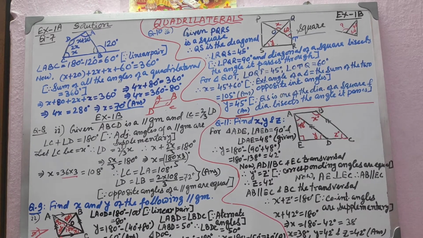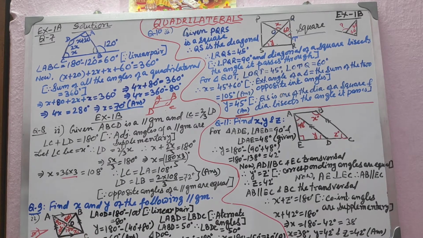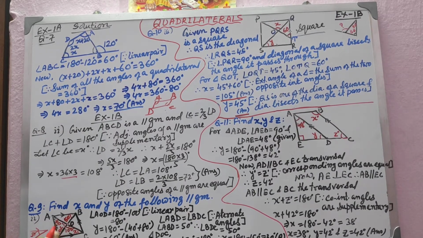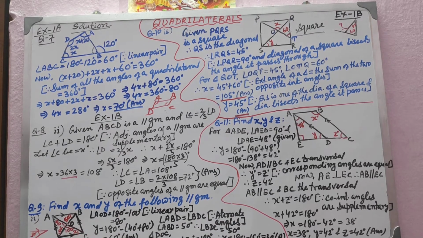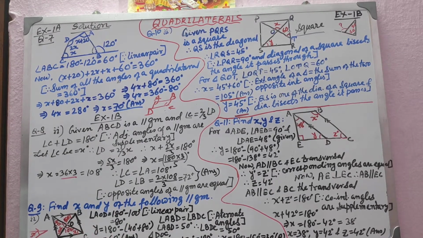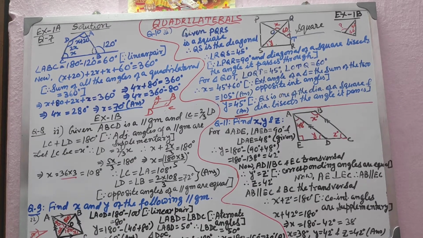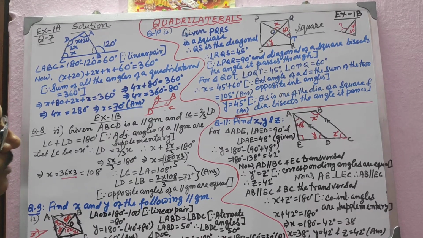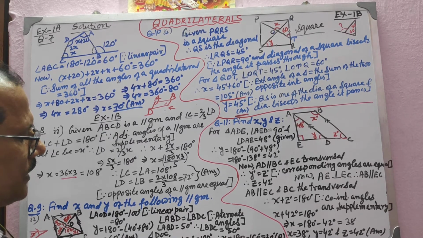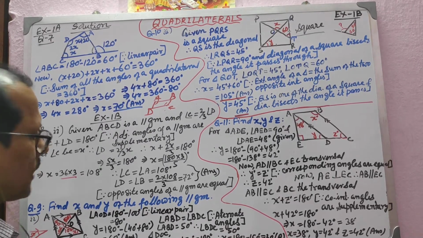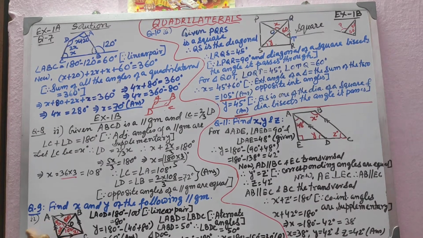Now see the triangle DOC. Here you got 50 degree, here is 100 degree, and here is x. So you can very well find out x. ABD is equal to 50 degree, so BDC also will be 50 degree, because alternate angles are equal. Therefore 100 degree plus x degree plus 50 degree is equal to 180 degree. If we add these two we get 150. X will become 180 minus 150 degree, that will be 30 degree. So x will become 30 degree. Got it? It's a very simple aspect.